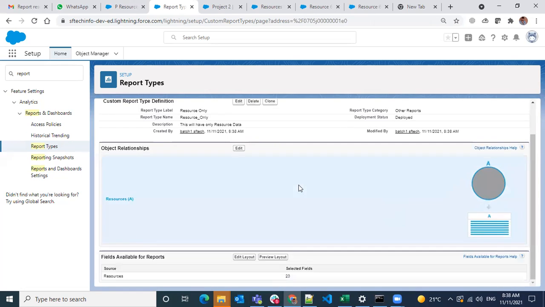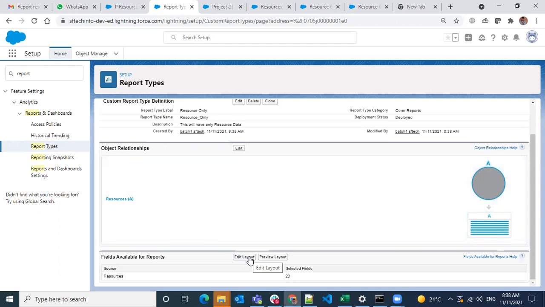Next, once you have a field and you come back, you can change the relation here. And the other thing is the edit layout. If you observe, while creating new fields in the object, there is one checkbox called add to custom report type.